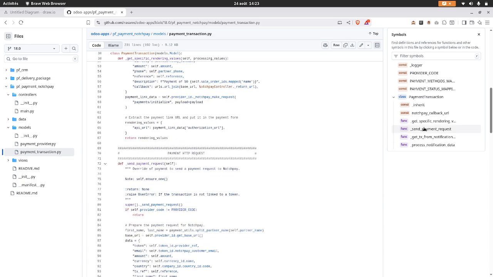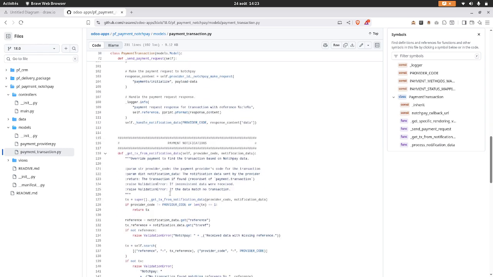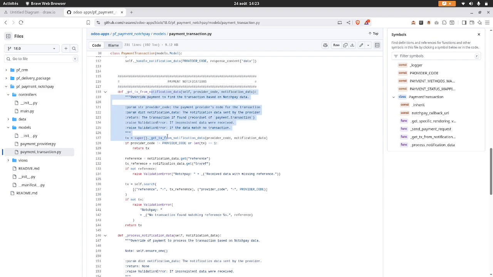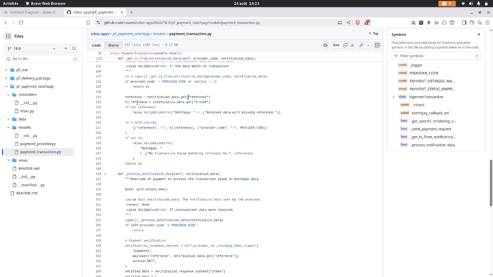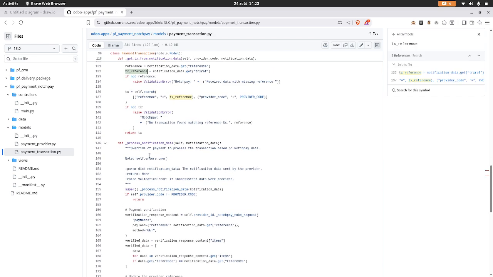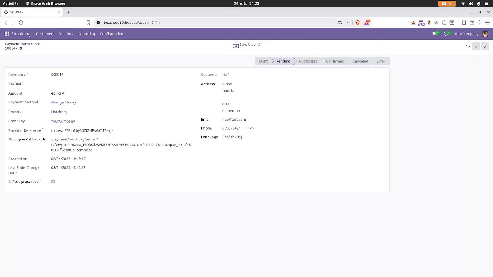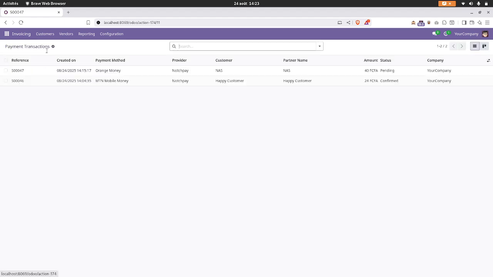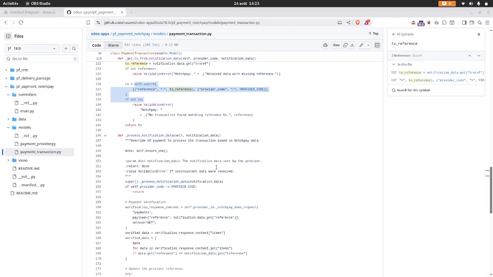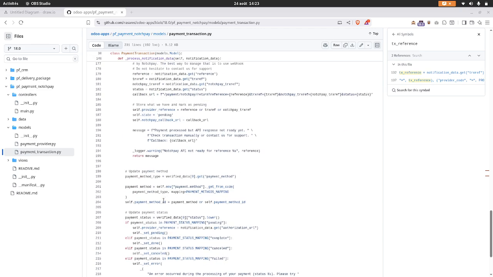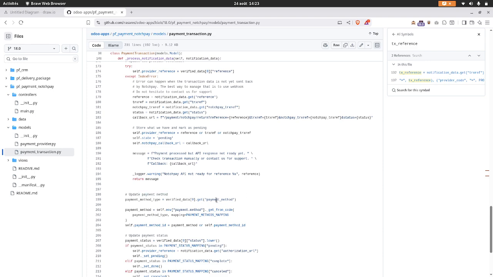As you can see here, when we send it, we have the payment notification from which we get the transaction from the notification data. You see, we get here the transaction reference, and with this transaction reference, we try to find in Odoo the reference that we are using. In our case, we will have, for example, this one, and then based on the response that we have from Odoo, we can of course